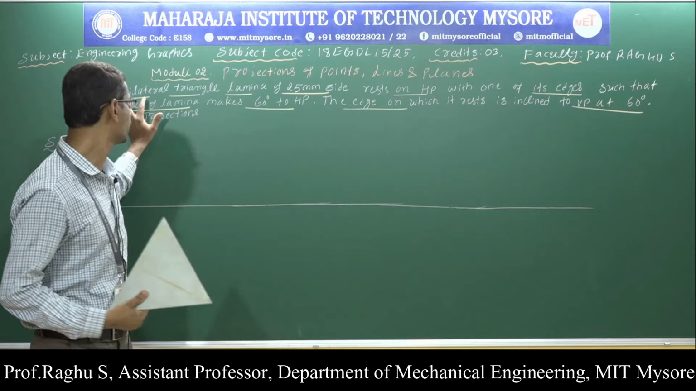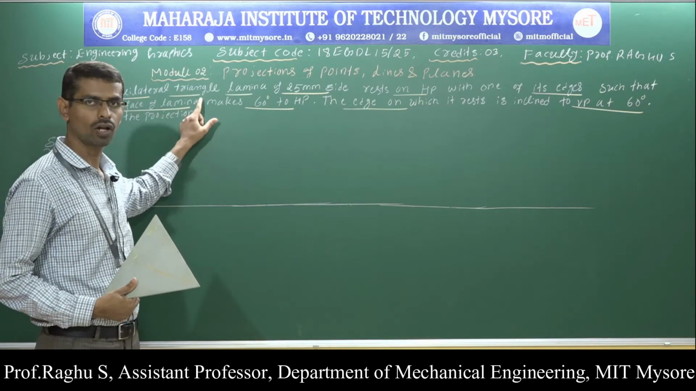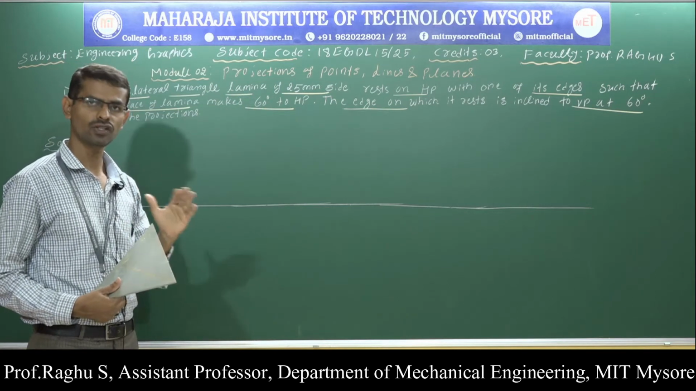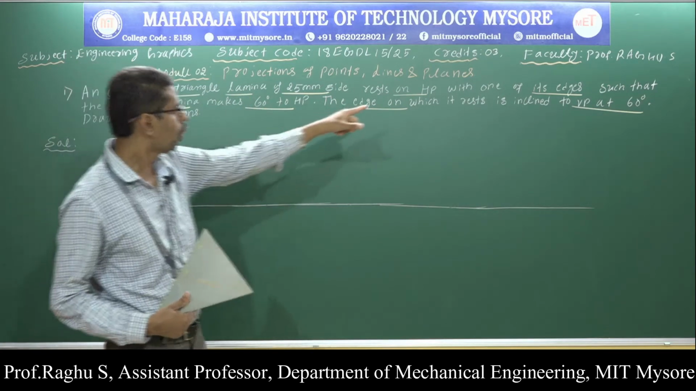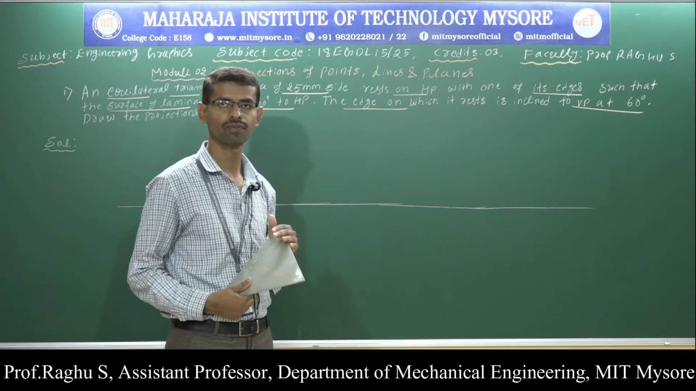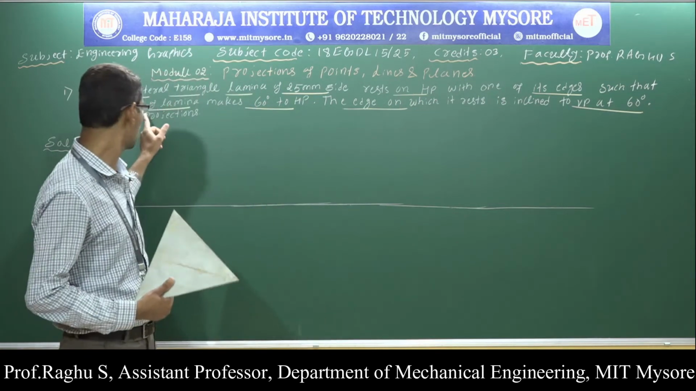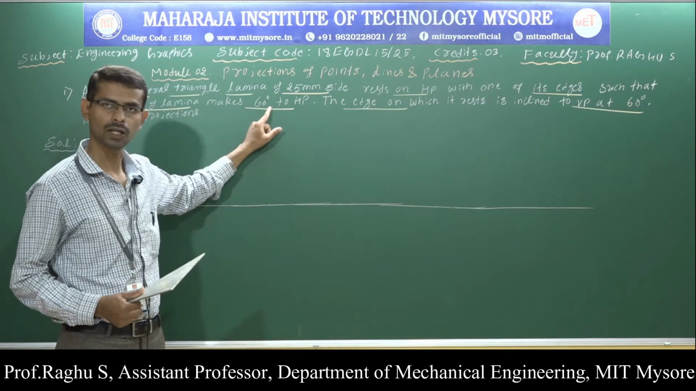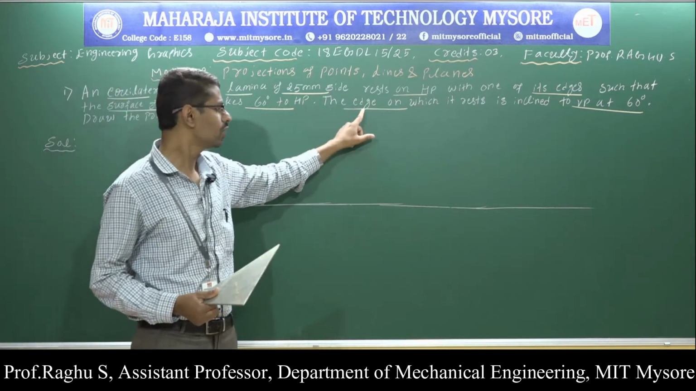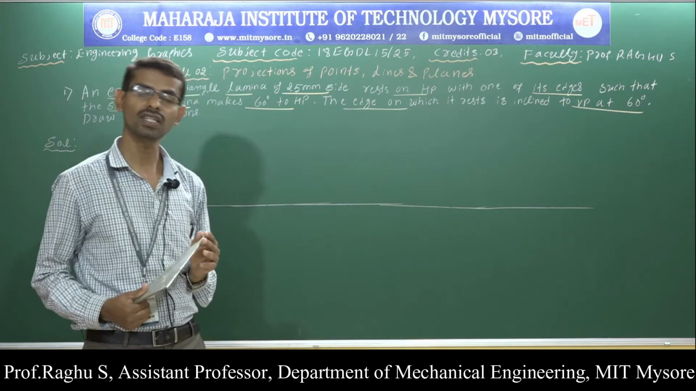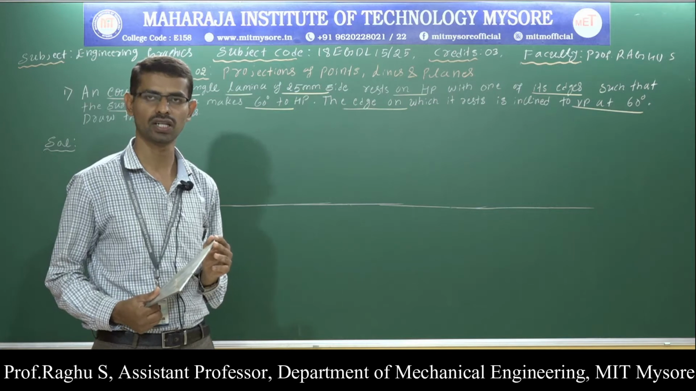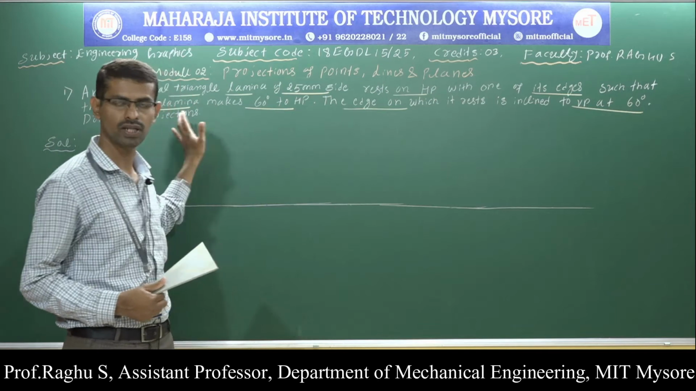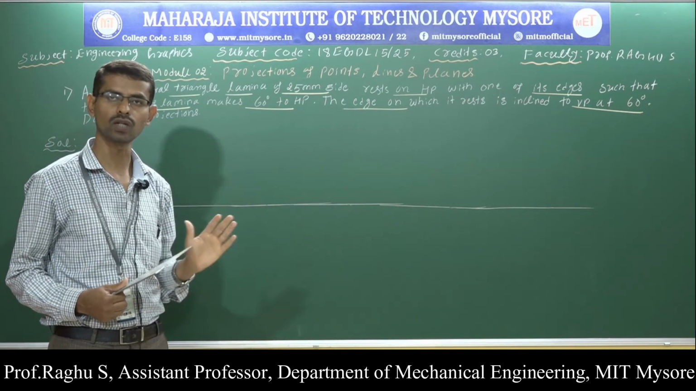The first problem: an equilateral triangular lamina of 25 mm side rests on HP with one of its edges such that the surface of the lamina is inclined to HP at 60 degrees. The edge on which it rests is inclined to VP at 60 degrees. Draw the projections. Drawing the projections means we are supposed to draw the front view and top view